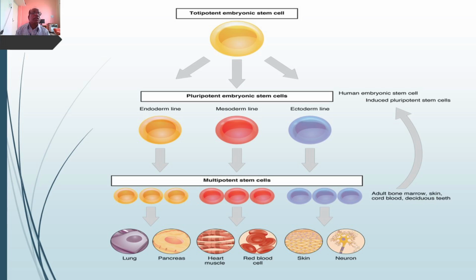It means the circulatory system or blood vascular system is of mesodermal origin. Then the endoderm line, that is the yellowish cells, having endoderm cells which are transformed into multipotent stem cells of the endoderm, which are then differentiated into lung and pancreas. Lung and pancreas. So lung is a respiratory organ, and the pancreas is again a duplex gland, a digestive gland associated with